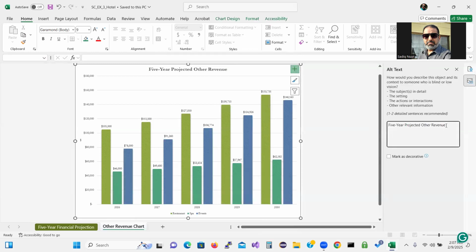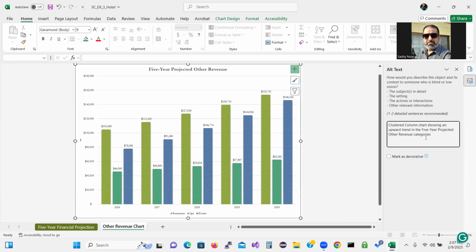I just said 5-year projected other revenue, but the book has typed this message here, so actually they said to type: clustered column chart showing, this is for the people who have disability, showing an upward trend in the 5-year projected other revenue categories